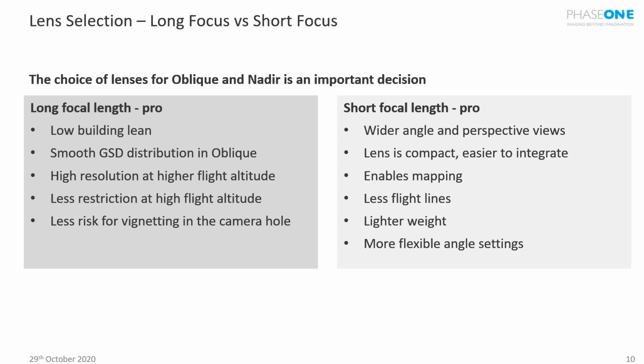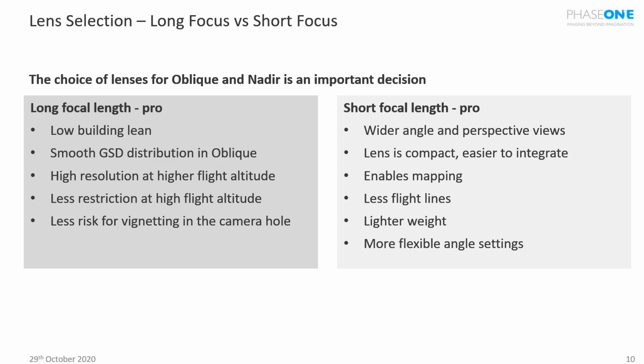The selection of camera, usually the major consideration is long focus versus short focus. So if we look at the pros for long focus versus the pros for short focus. With the long focus, we fly high. We have low building lean. We'll get the smooth GSD distribution into obliques, and we'll be able to get high resolution at a higher flight